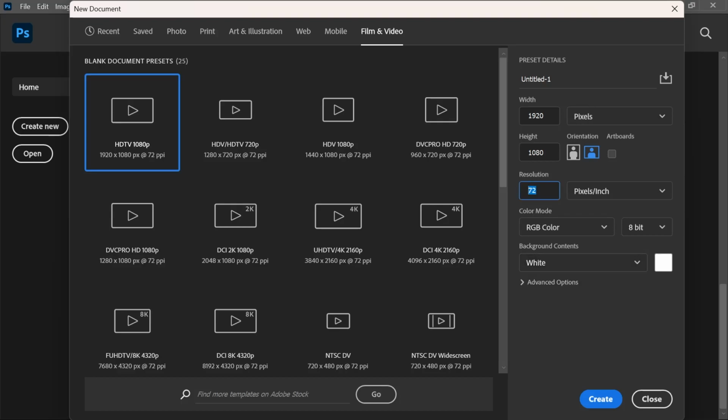Then we have resolution. If you're making any digital stuff, like any digital design that will not get printed, we'll just use 72 as resolution. But if you're making anything that will be printed, make sure your resolution is 300. That is because when the design gets printed, it will get enlarged. So there should be enough pixels for it to get enlarged easily without any